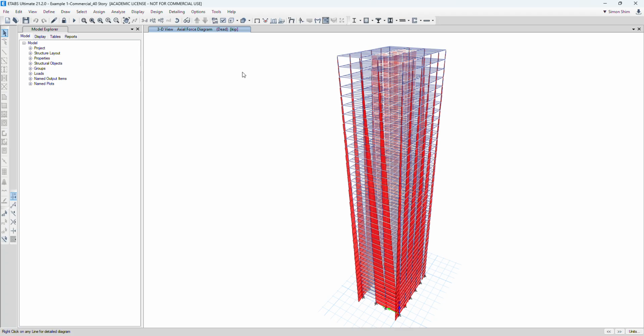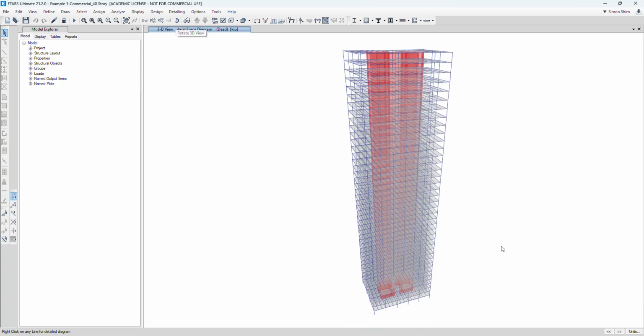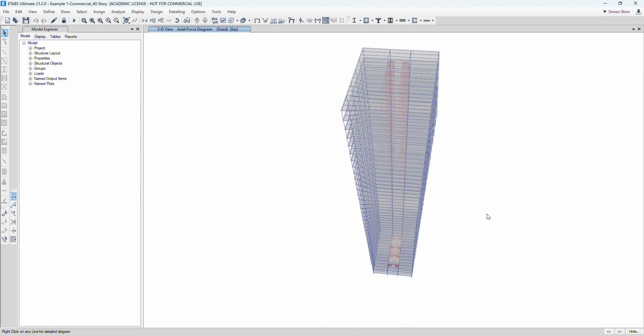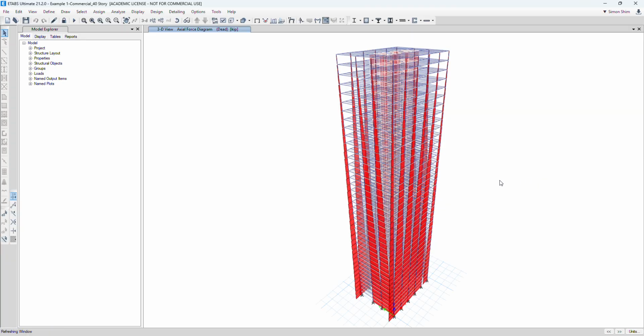So what I'm showing here is just in case, because whenever I work on a model, I cross-check whether the current model is real, whether it performs to the level I expect. So here is the actual force diagram under the gravity load. Now I'm going to show you how to start